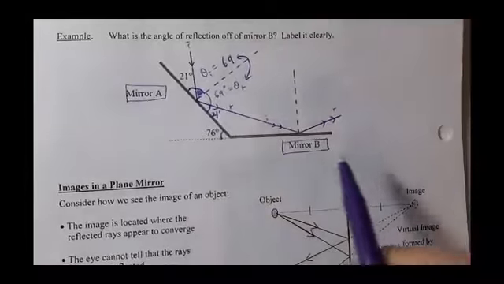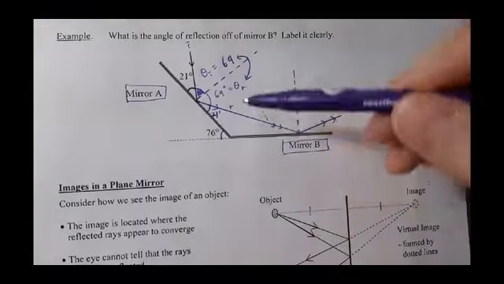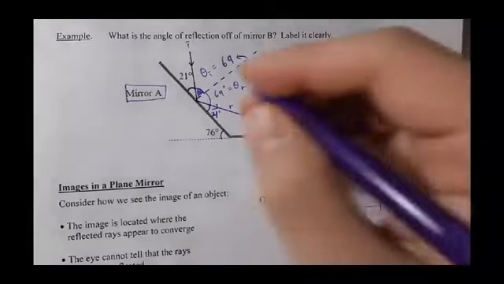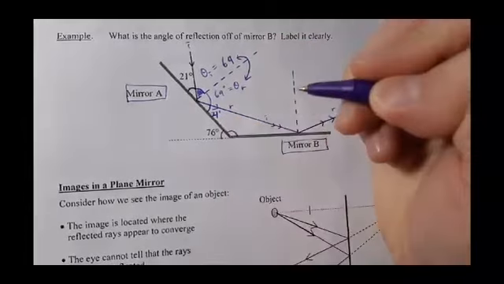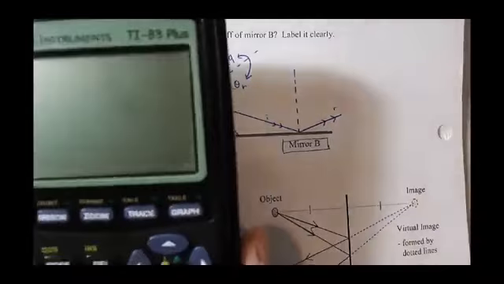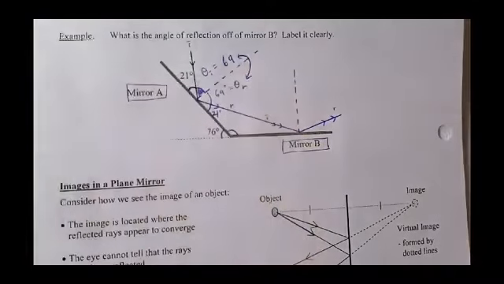But here's a problem. We don't know any angle. In that case, we gotta use this geometry triangle. It's an obtuse triangle. However, we can figure out that angle over here. It's 180 minus 76. So 180 minus 76 gives me 104